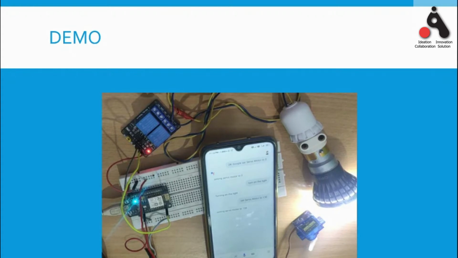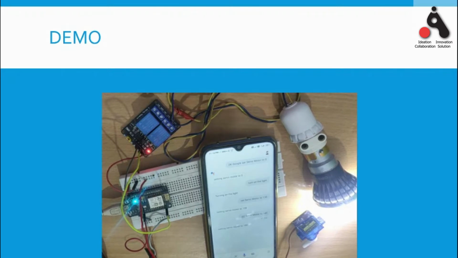You can see that from 0 degrees it moves to 130, and let's change to some other movement so that we can check. Okay Google, set servo motor to 180. Setting servo motor to 180. And it is proper. From 0 degrees it goes to 180 degrees.